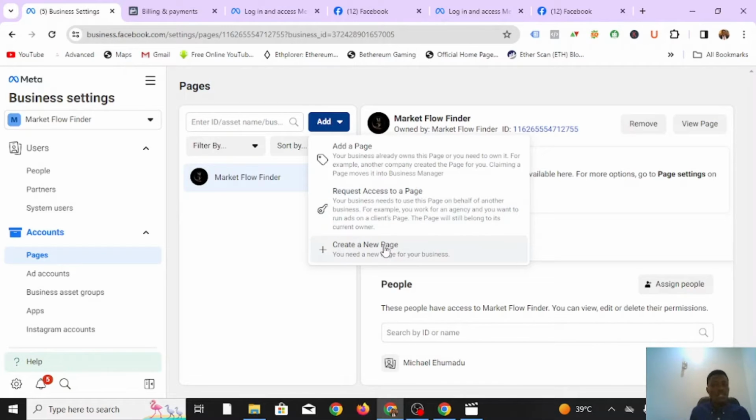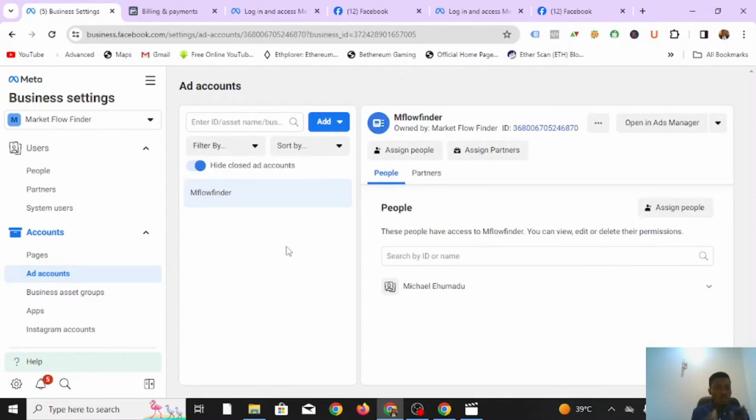And then if you don't have one at all and you want to create a new one, or you have one but you want to add another, then you can create a new page. Then let's go to add account. So in this space, what you want to do is add an account on your Facebook